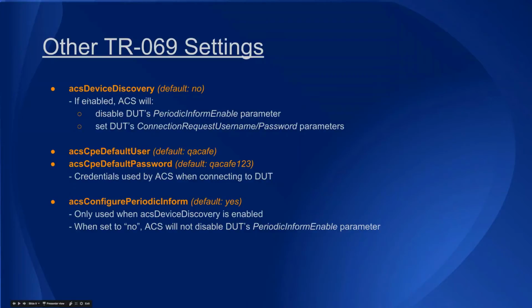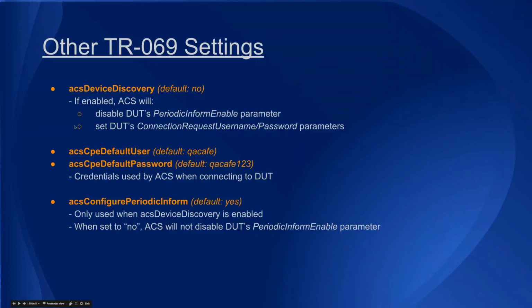Enabling this will cause two things to happen. It will cause the ACS to disable periodic informs. This is what I mentioned earlier. It's recommended to disable the periodic informs so that you're not receiving informs in the middle of your testing when they're not expected. The second thing that enabling device discovery will do is it will set the connection request username